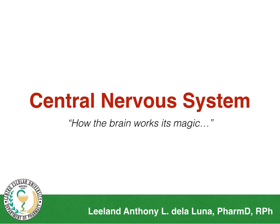Now, the other one is the peripheral nervous system, which consists of the somatic and then the autonomic nervous system. Now, if you can remember human anatomy, somatic nervous system is the one responsible for voluntary movements, while the autonomic nervous system is responsible for the involuntary movements. Right? So now the peripheral nervous system connects the central nervous system to sensory organs such as the eye and the ear. The other organs of the body, such as the muscles and blood vessels, are also connected to the